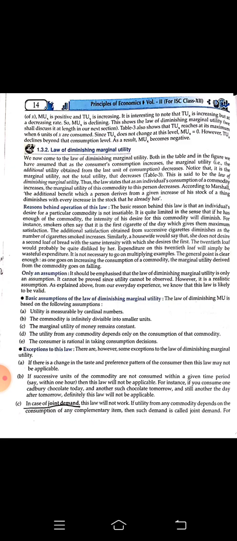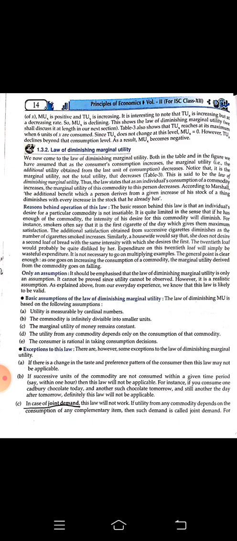For example, the law of diminishing marginal utility will not apply to people who are addicted to alcohol, maybe tobacco, maybe drugs. With all these products, as they consume more, they get more addicted. So it is not the law of diminishing marginal utility. It has an adverse, negative effect on them. So the law of diminishing marginal utility doesn't consider this kind of typical cases; they are not taken under consideration.